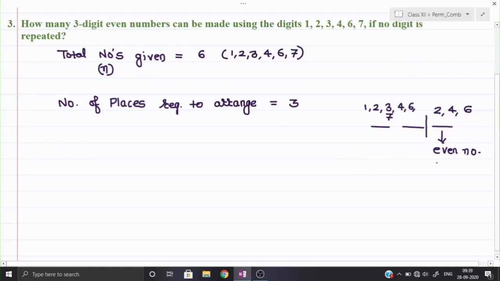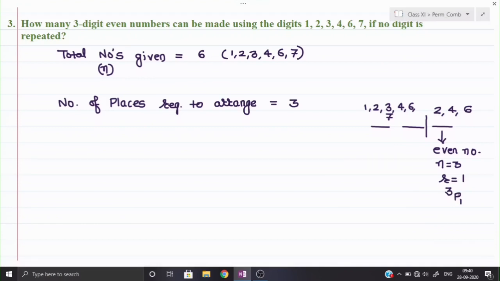So for this particular place, I can say that the value of n will be equal to 3, and since I am arranging only one place, the value of r will be equal to 1. So that particular place, observe, the unit place I can arrange by 3p1 ways. Here I am writing it, it can be arranged by 3p1 ways. You can see that it is 3 ways also by directly using the fundamental principle of counting.